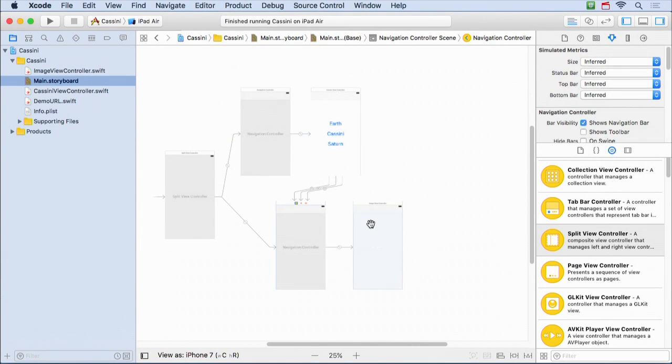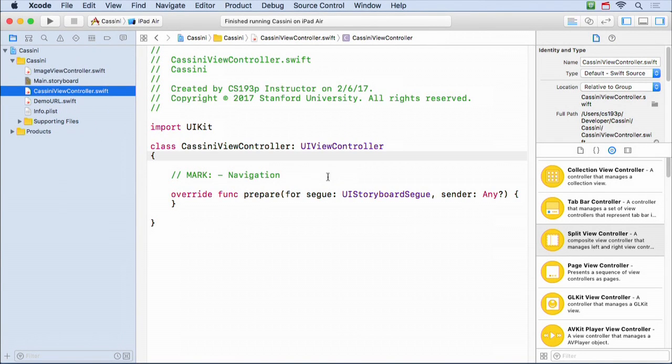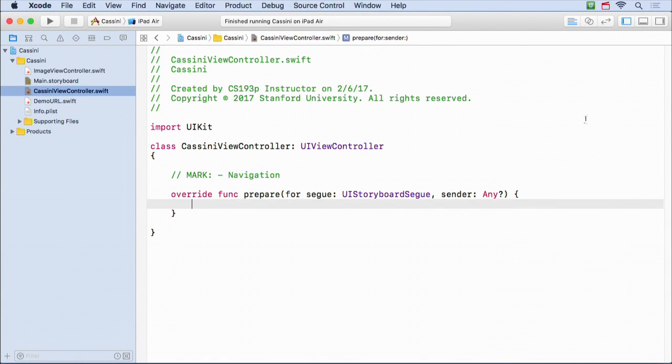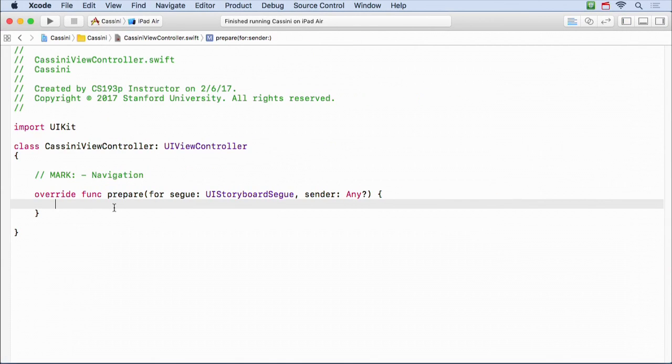Now, if we do that, we're going to want to be careful in our prepare that when we prepare for the segue, we account for this navigation controller perhaps being there, and I'm going to show you how to do that as well. All right, so let's do our prepare. We've got our UI, same kind of UI as we did in Motions, exactly the same, but obviously nothing works in these segues unless we prepare. So let's go to our prepare for segue here and type it in.